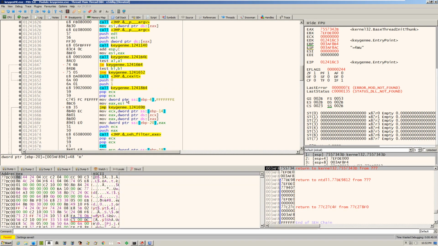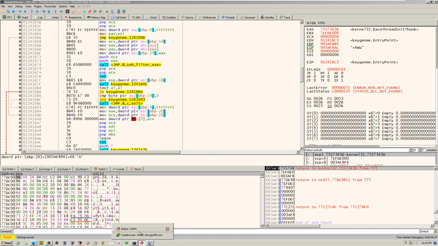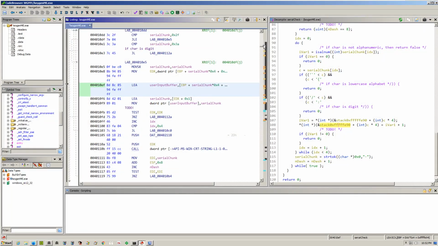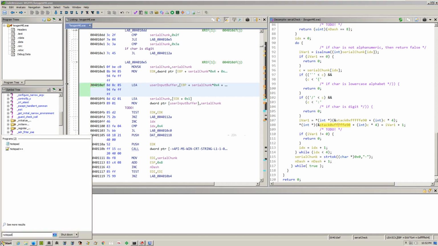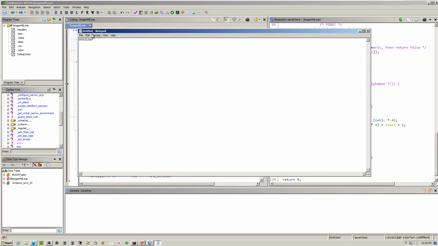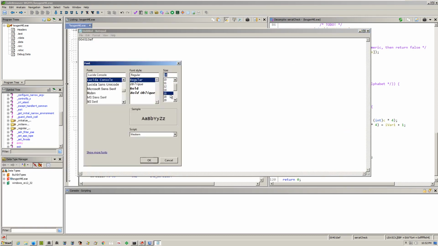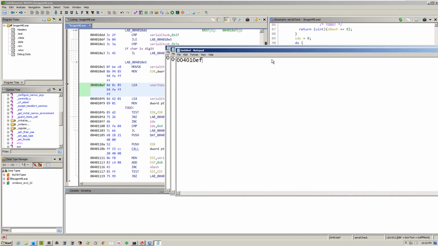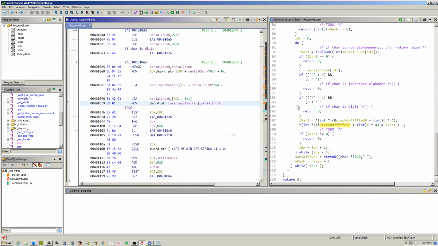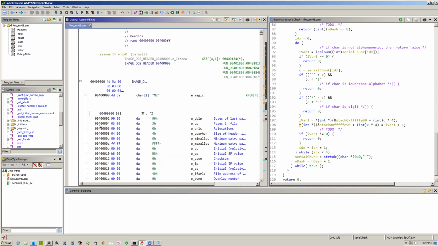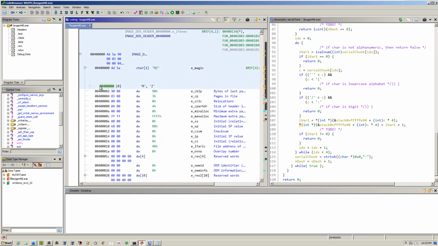Wait, can I fix it or use a trick? So this is the code location, minus the base address here. Oh no, wait,